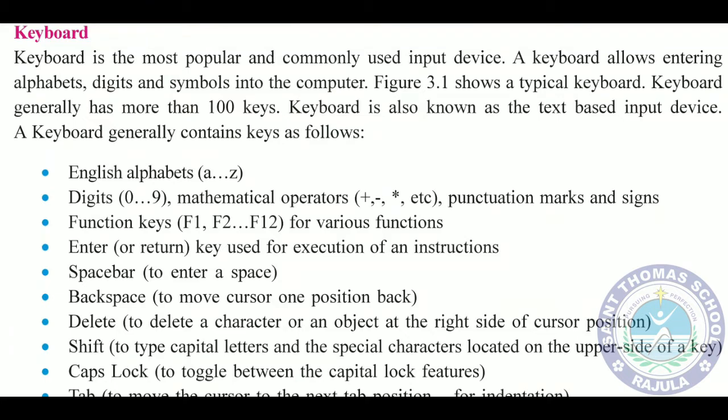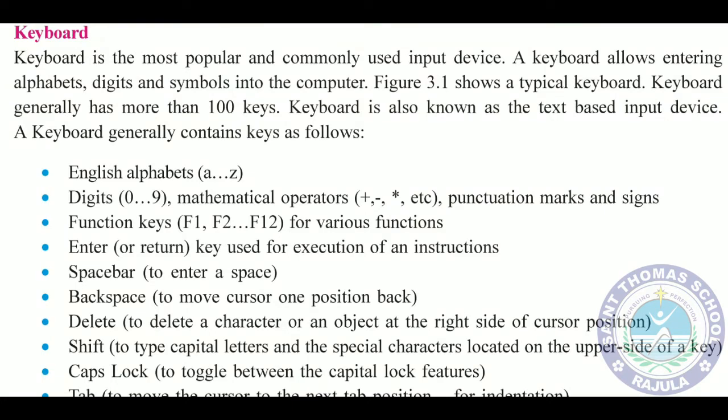The first one is the alphabetic keys, A to Z keys. Then digits, from 0 to 9, some mathematical operators like plus, minus, multiplication, etc., punctuation marks and signs. These are included in the numerical keys.